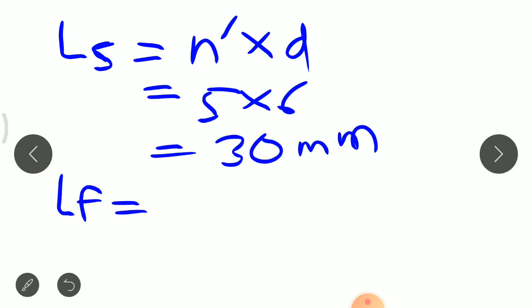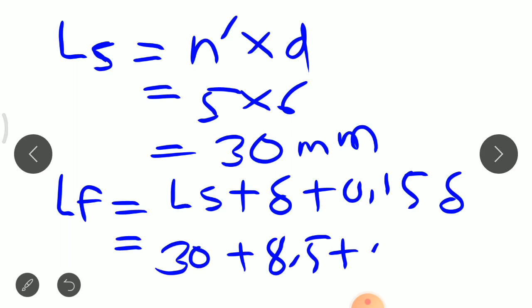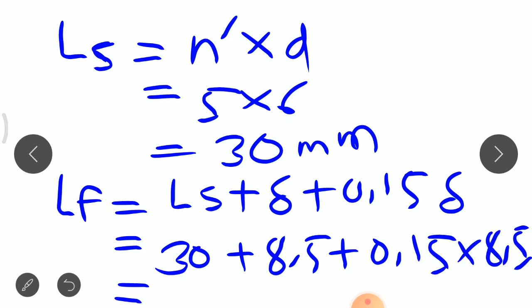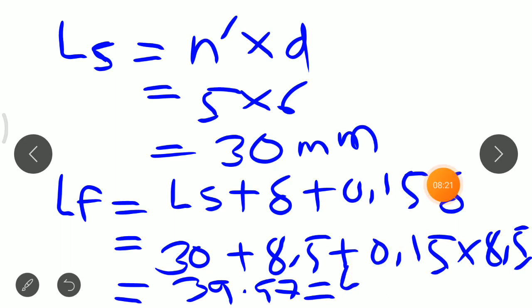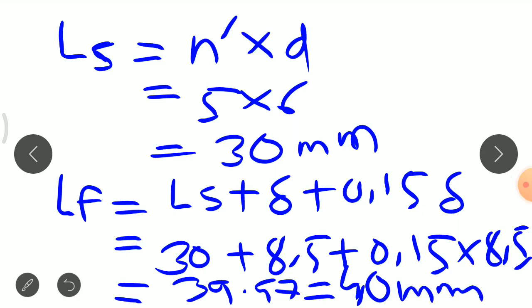और फ्री लेंथ का जो फॉर्मूला है, फ्री लेंथ इज इक्वल टू सॉलिड लेंथ दैट इज LS प्लस डिफ्लेक्शन प्लस 15% ऑफ डिफ्लेक्शन अलाउंस। तो ये वैल्यू अब हम यहाँ पे पुट कर देंगे, 30 + 8.5 प्लस 0.15 इंटू 8.5, ये हो गया अलाउंसेस इन स्प्रिंग। और फाइनल जो लेंथ है, लेंथ ऑफ स्प्रिंग, ये आ गई 39.97। इसको हम राउंड अप कर देंगे 40 mm, ये हो गई लेंथ ऑफ स्प्रिंग।